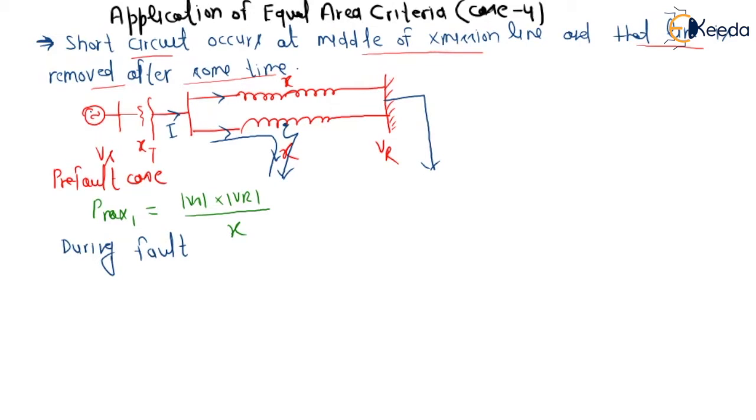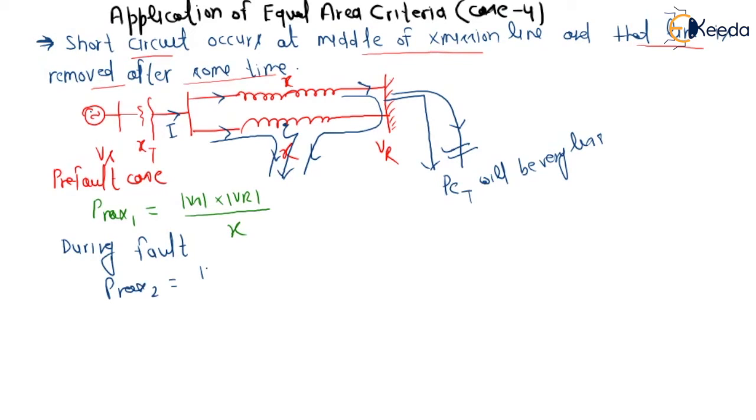But the current coming from this point, when it reaches this bus, has very large loads, and this has the short circuit area with very few impedances. So power will be transferred, but the power transfer will be very, very less. So we can say that the value of P max 2 will be Vs into Vr upon X. The equivalent value we will calculate when comparing the pre-fault, during-fault and post-fault calculations.